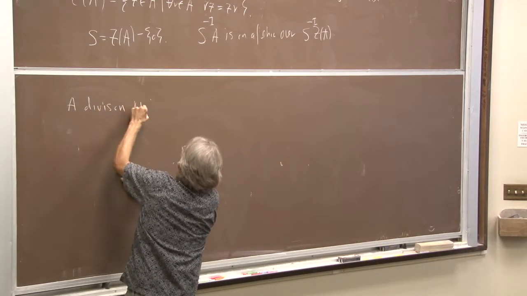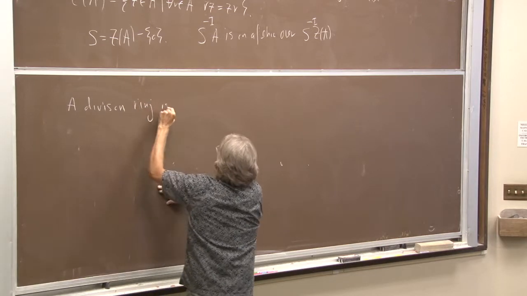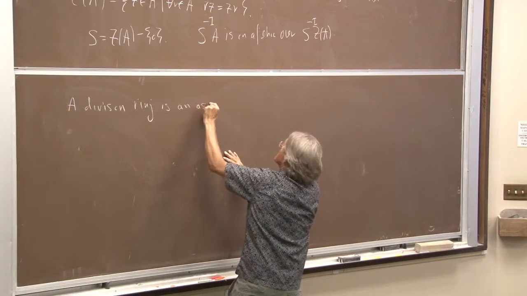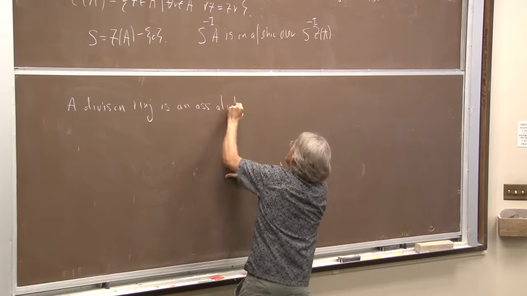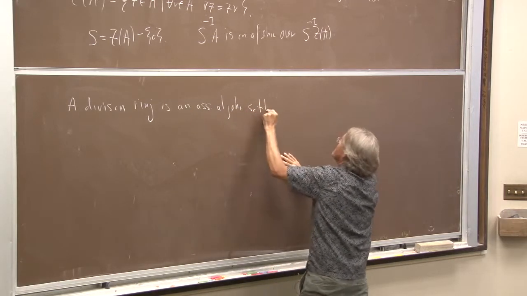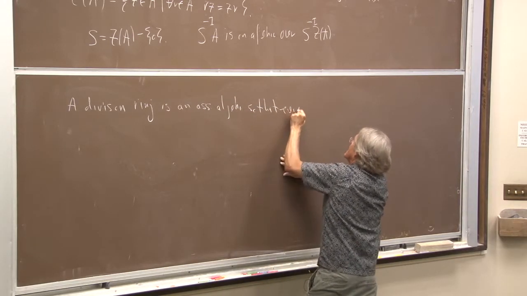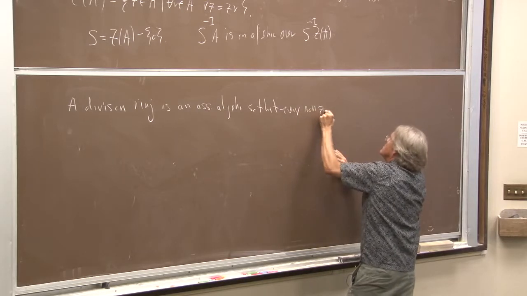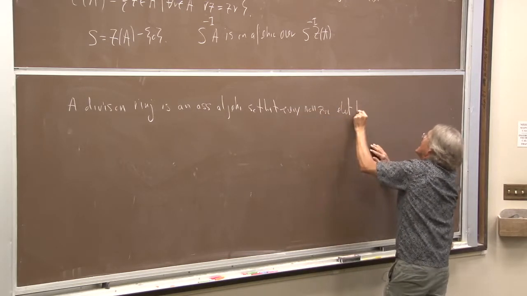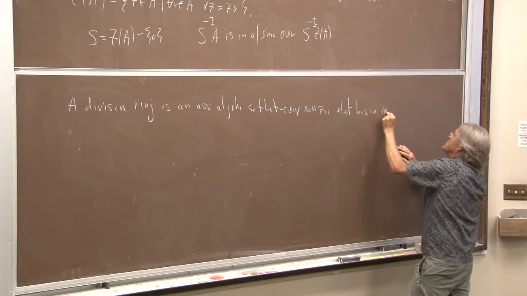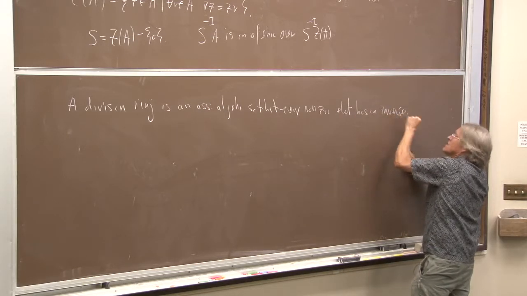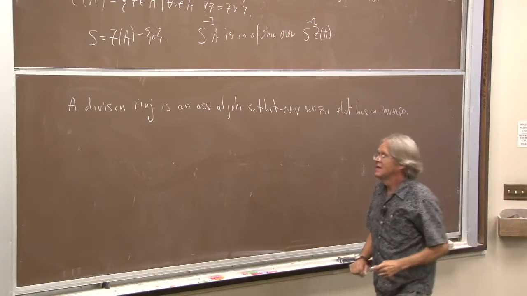A division ring is an associative algebra so that every non-zero element has an inverse. Okay. And now this is